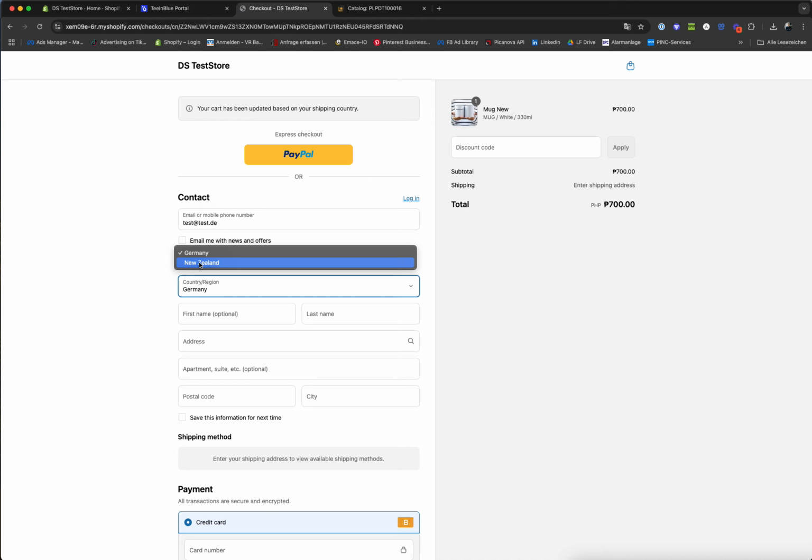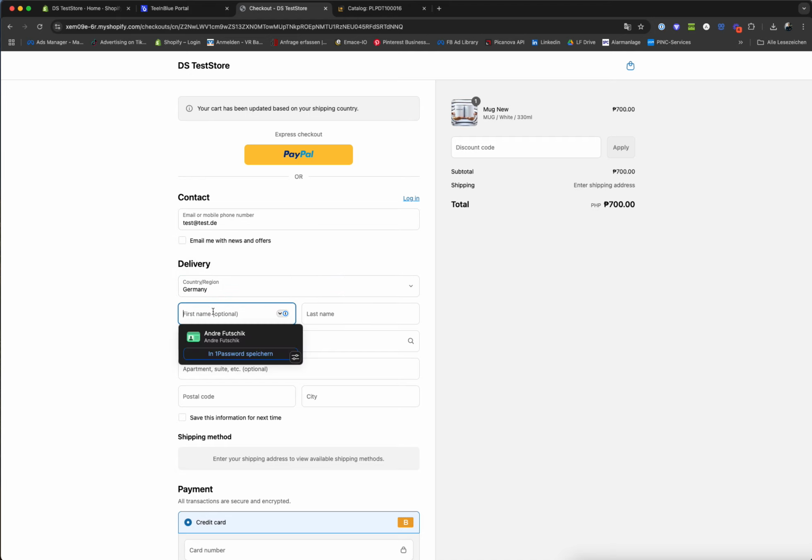We ship also to USA and we ship to UK because it's too far away to ship and too expensive to ship to these countries, and basically makes no sense. USA is still okay, but UK also we can ship to it. It's okay with the customs, but for the test order I will make Germany. So test is the name. Let's type in a random